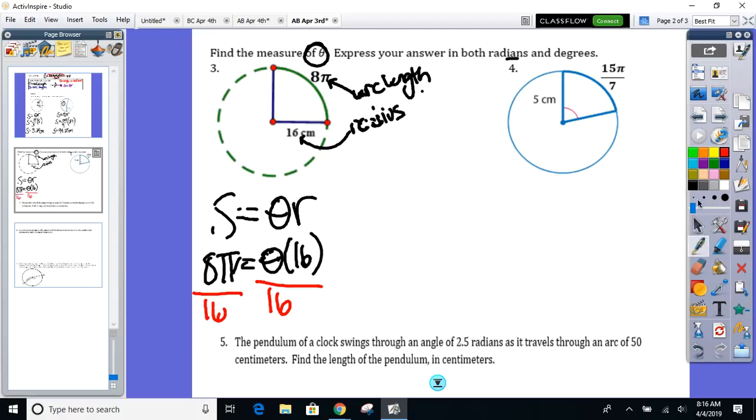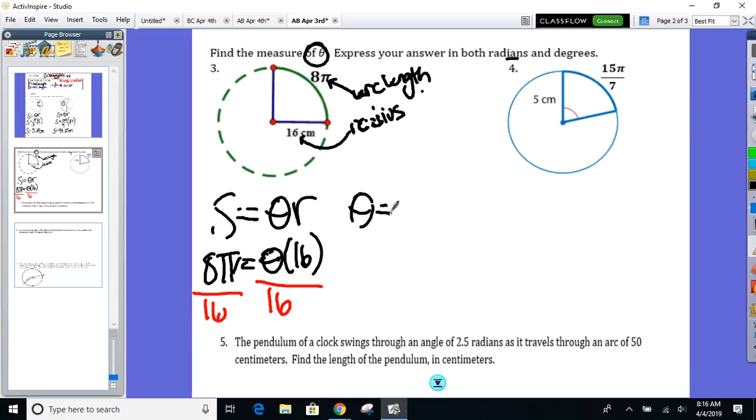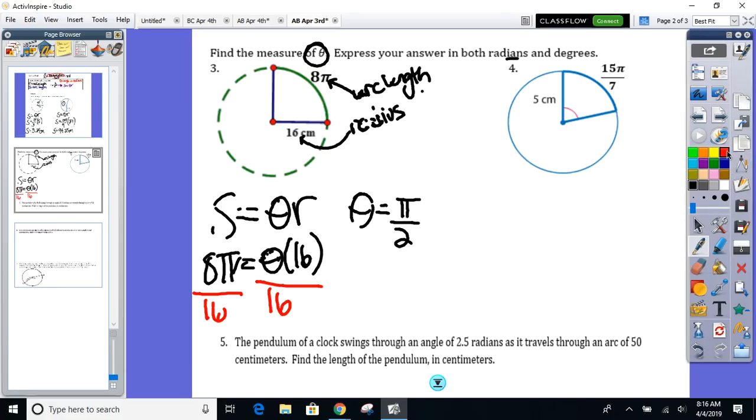All right. This answer, remember, because I'm using S equals theta r, my answer will be in radians. So theta equals, and as we learned from yesterday, keep the pi in your answer with radians. Pi, 8 divided by 16 is 1 over 2. So in radians, that angle is pi over 2. If you read the directions, though, it says in radians and degrees. So in degrees,